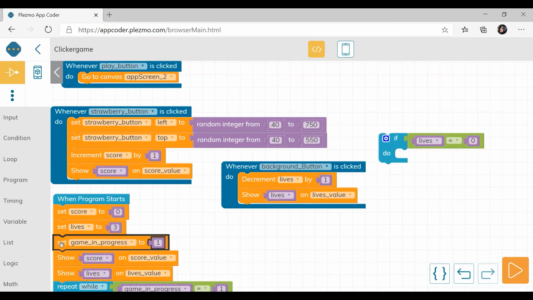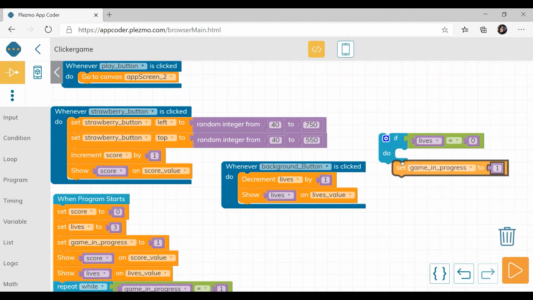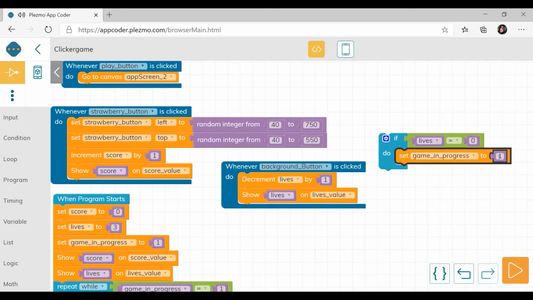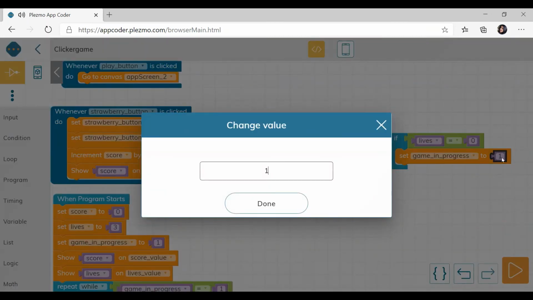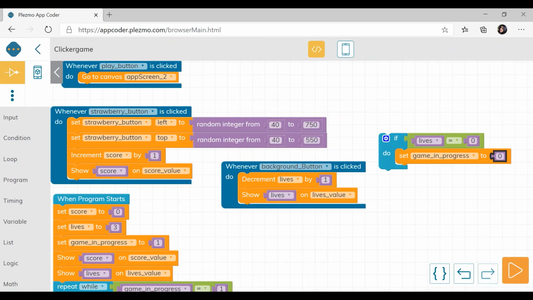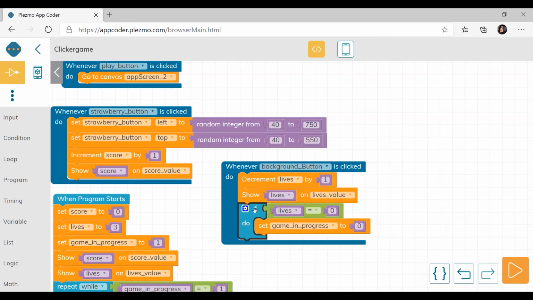So we will duplicate this. Okay, and here it is 1, that means it is on. So if we put 0, it means it stopped. Okay, see here, try to understand. If lives equal to 0, set game in progress to 0, that means the program execution will get stopped.